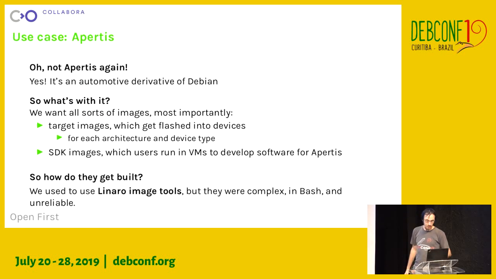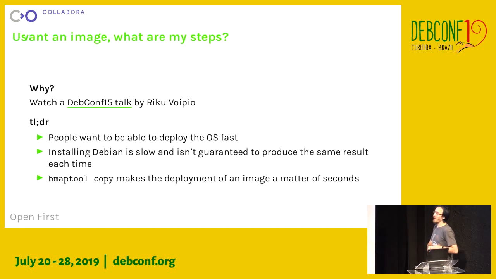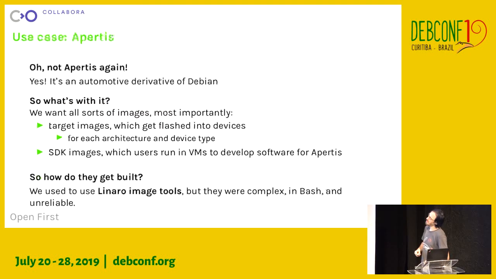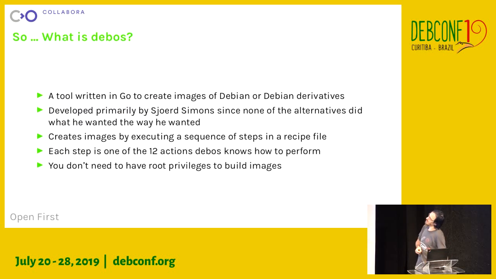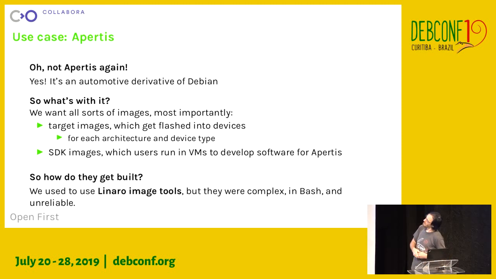So our use case, some interesting glitches. I haven't seen this before. So our use case for building images is Apertis. It's a Debian derivative. What's wrong? I don't know. I haven't used this PDF presenter tool for a while, and it's just having those glitches. Yeah, so